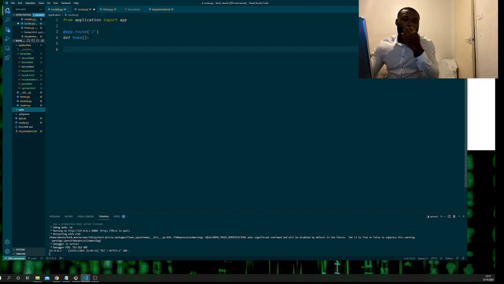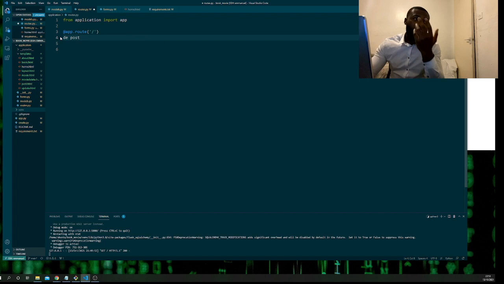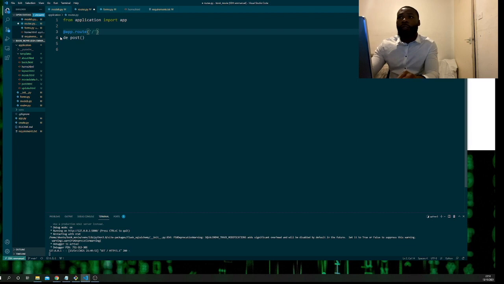First we're going to focus on what should happen, how they should post information about, for example, the book that they're writing. We're going to keep it fairly simple. We're going to call the function post, and this is a good opportunity to learn how you create a function in Python. Also remember that we're going to change the URL, so they're not going to hit the first page. They're going to hit a specific page, which we're going to call post. They're going to hit the post directory, and then